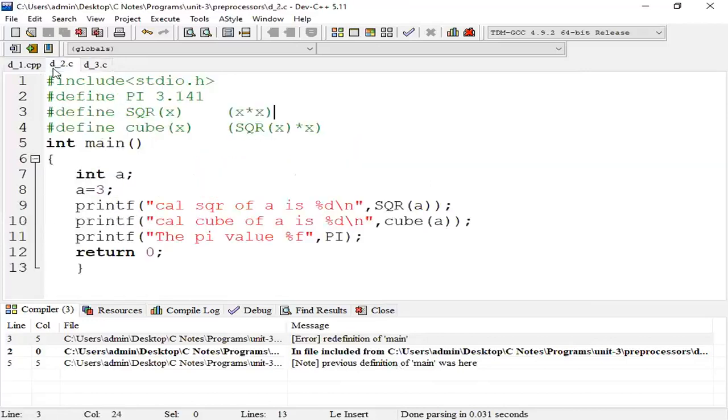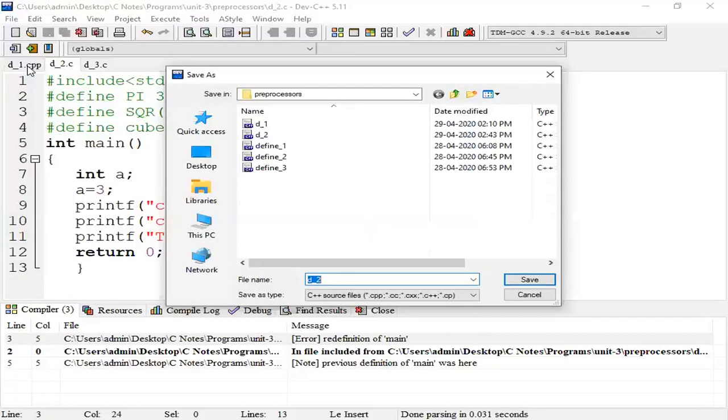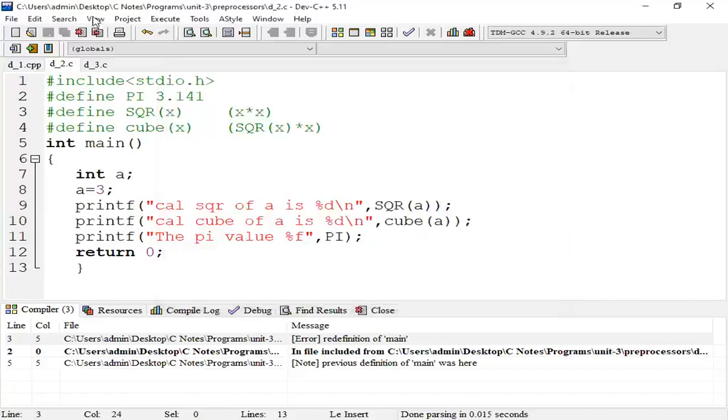Let us verify what the problem is. The two files must be saved in a single directory. Right, both directories are different, so that is why we are getting an error.